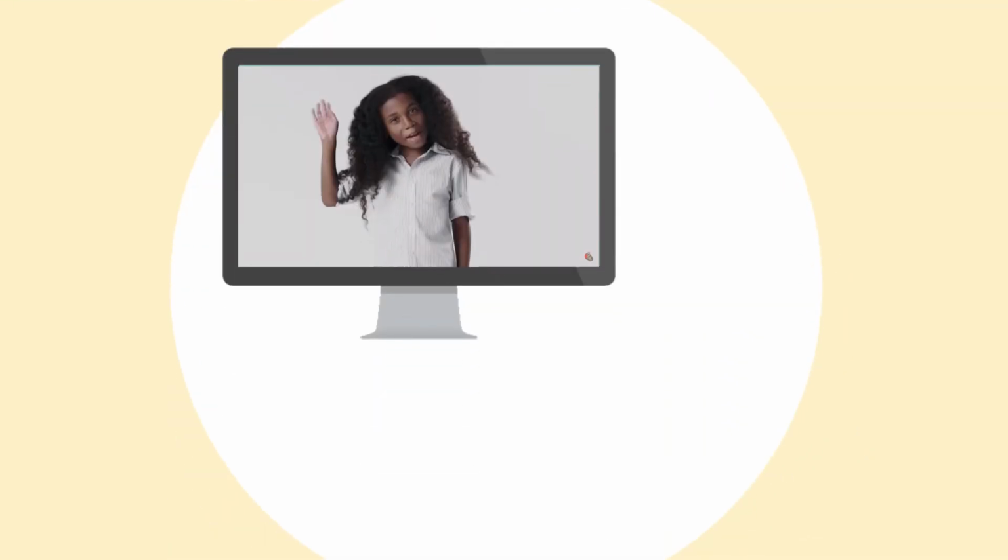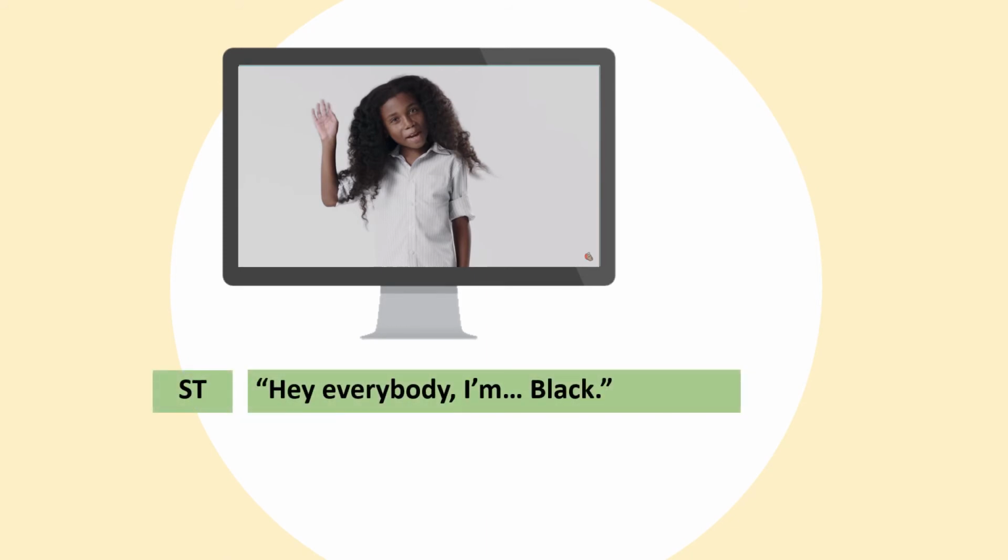Similar to the previous example, this scene shows a little boy saying, hey everybody, I'm black, with a happy face. Again, through the use of multimodal analysis, the core mode of image is prominent here, since the happy face or facial expressions of the boy even strengthens the sense of satire. It is like he is happy to be called black, but it actually never is that way. He will never be happy with it.